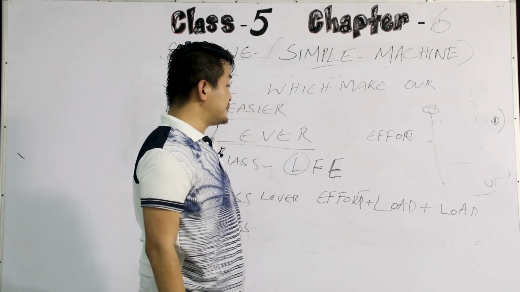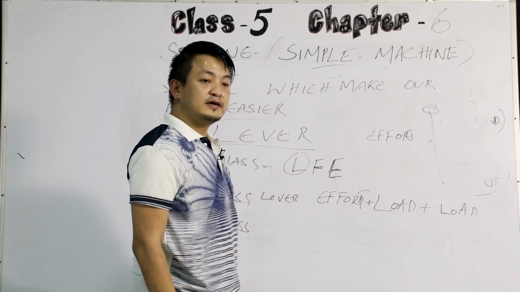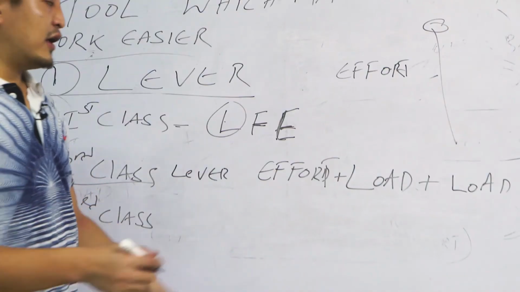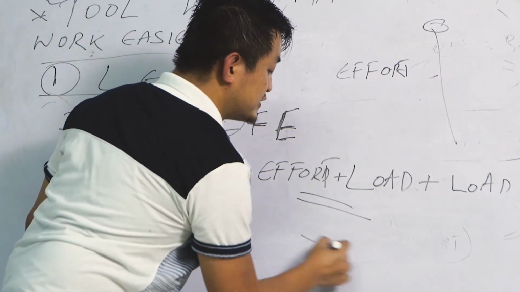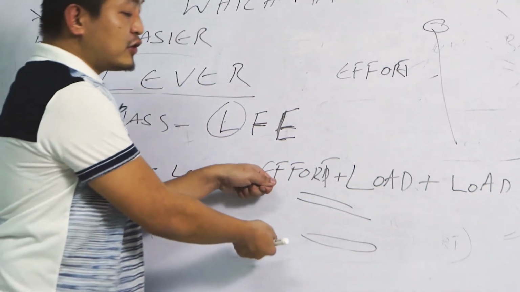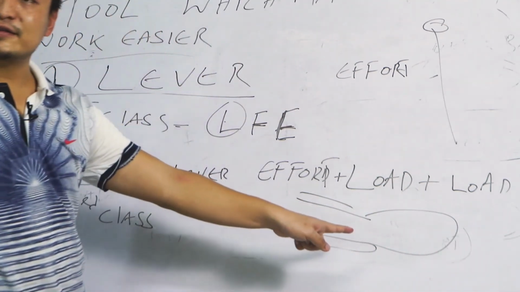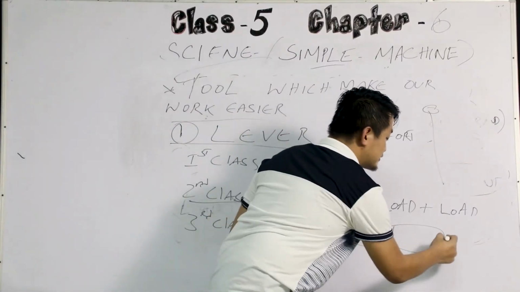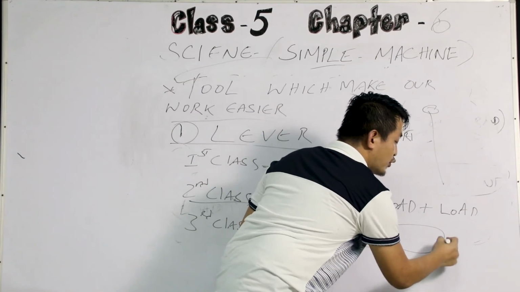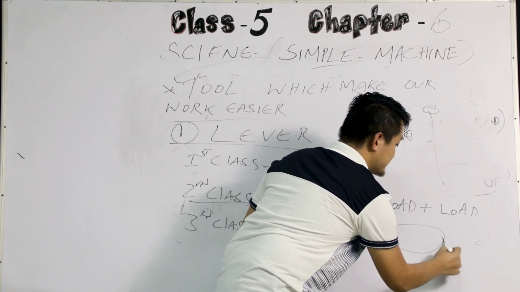Now for this example, you can take a wheelbarrow. Okay, a wheelbarrow, see, what you do is, here is where you are putting the effort, right? And you are carrying the load in the center, right? You are carrying the load in the center, and then the support, the fulcrum is at the,